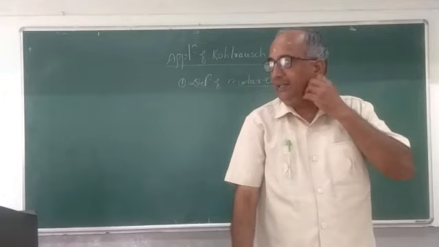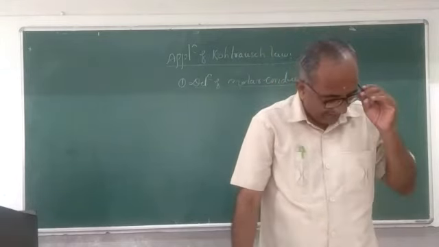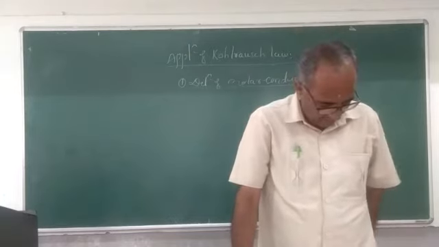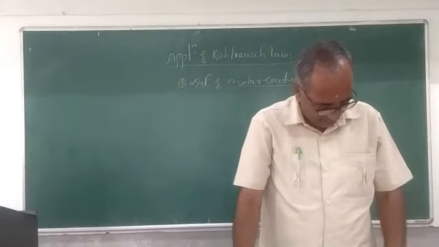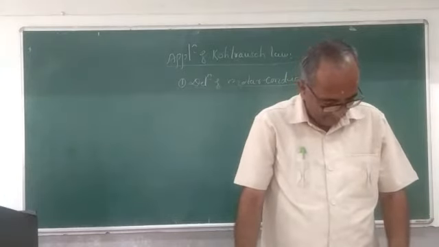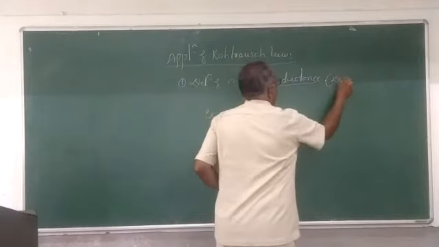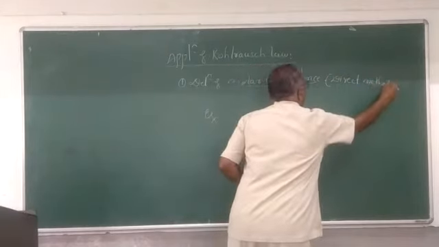This can be calculated by the direct method. Knowing the molar conductance of the cation and anion at infinite dilution, we can easily calculate the molar conductance of an electrolyte. That is, Λm° for an electrolyte can be calculated by adding the contribution of limiting molar conductivities. This is called the direct method.